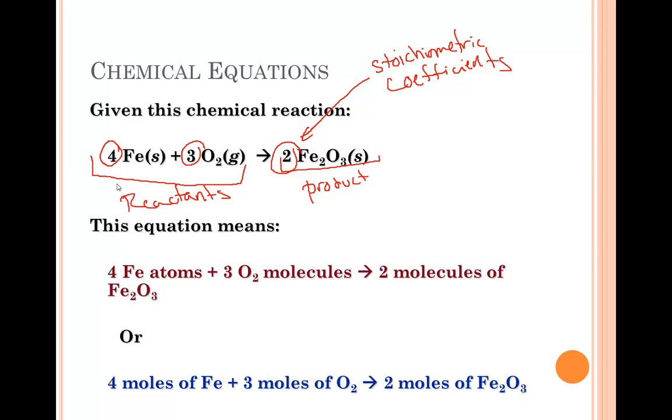We can say 4 iron atoms are reacting with 3 oxygen molecules to form 2 molecules, or 2 formula units, of Fe2O3. Or we could also say 4 moles of iron and 3 moles of oxygen yield 2 moles of iron(III) oxide. Remember, we can relate these two terms by Avogadro's number,